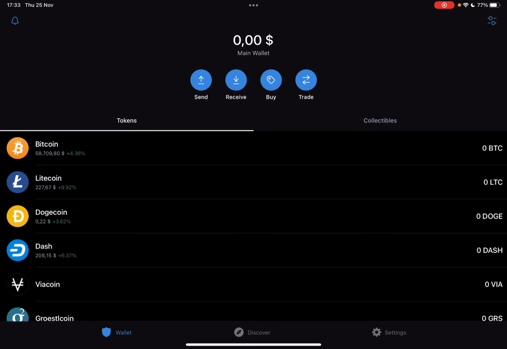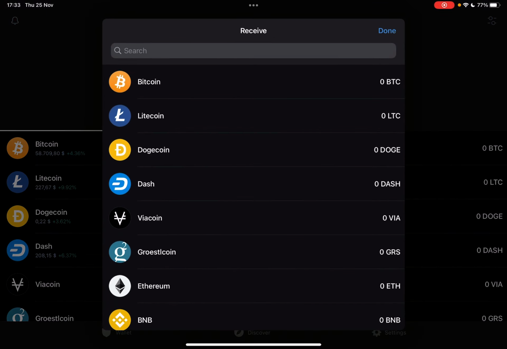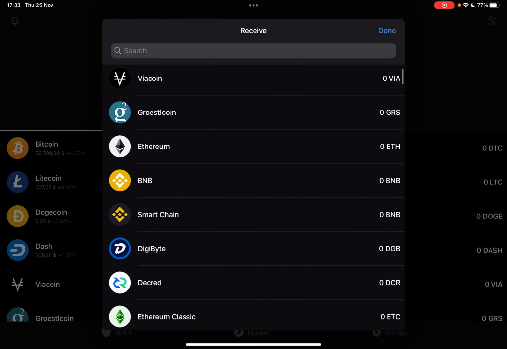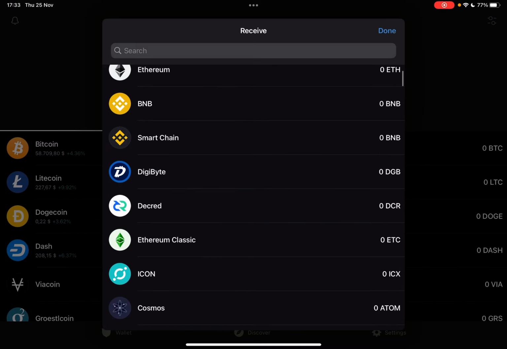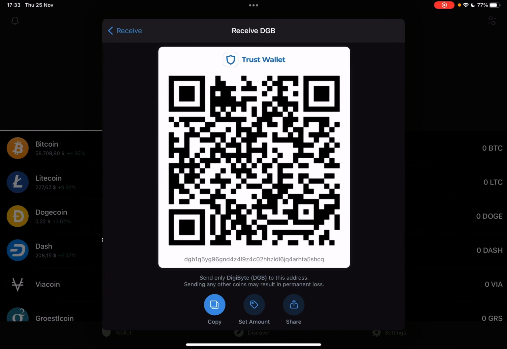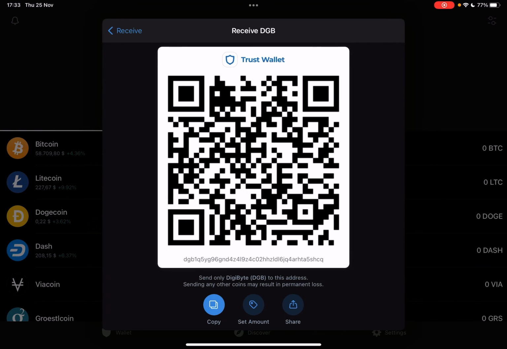And if you tap on the receive button, it's going to open up the crypto list, and you can type in your crypto or you can scroll down, and the Digibyte crypto is here near the top. So if you scroll down a little bit, you will find it. Then tap on it and it's going to open up the QR code, and using this QR code you can